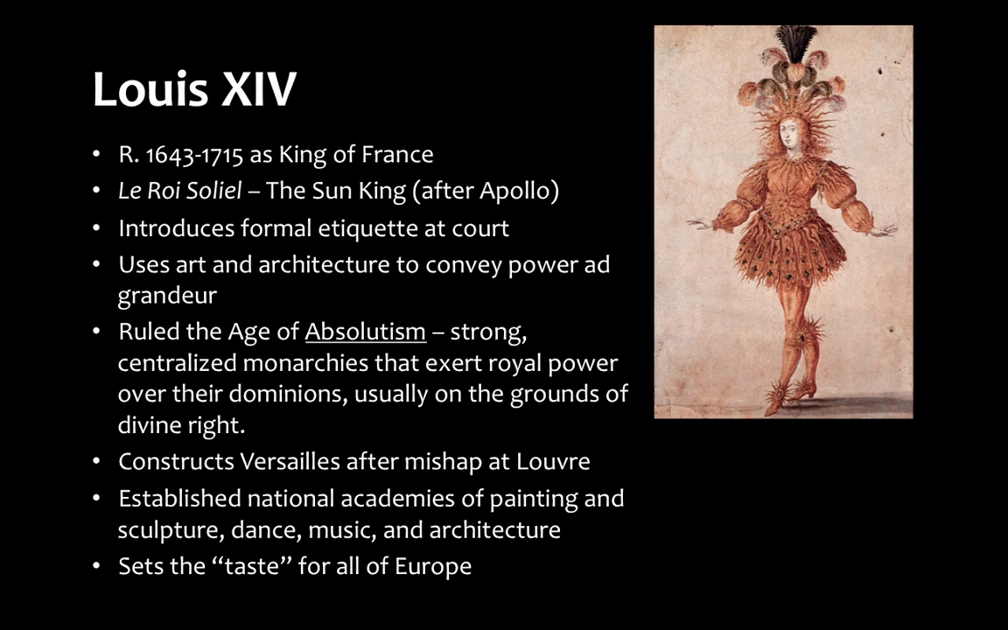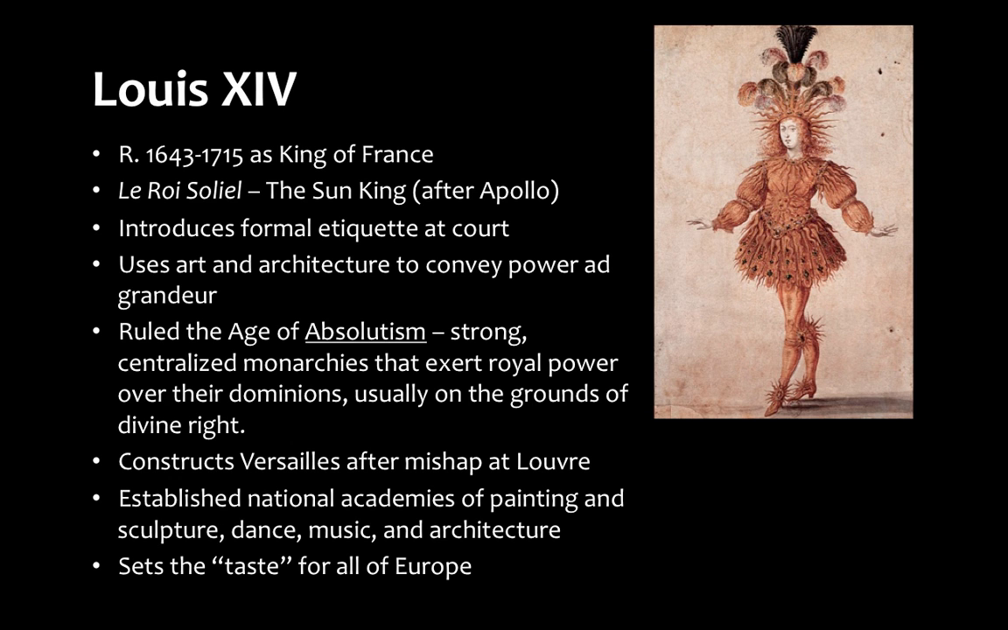In addition to that, Louis reigns from the mid 1600s to the early 1700s as the King of France. He's responsible for introducing formal etiquette at court, such as which fork should you eat your salad with. He has rules for lots and lots of things that are based on your status, how many doors get opened for you, all kinds of different things related to etiquette. He also uses art and architecture to convey his power and grandeur. So he rules during this age of absolutism, where you have these strong centralized monarchies that exert royal power over their dominion. So he constructs this palace known as the Palace of Versailles, and we're going to see some images of that,